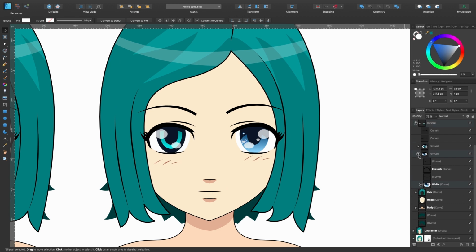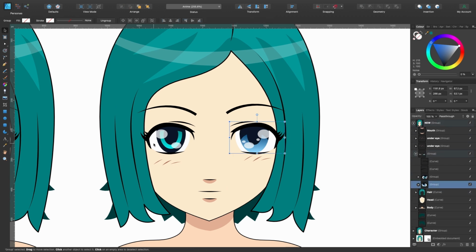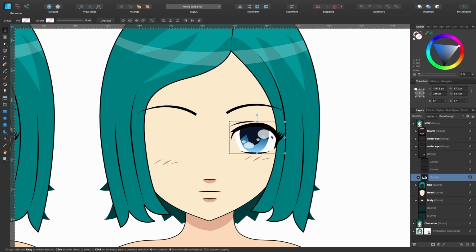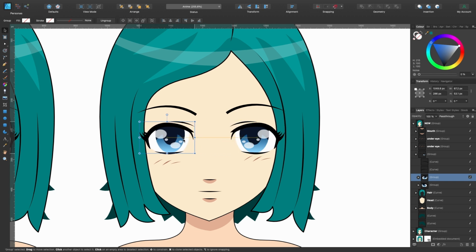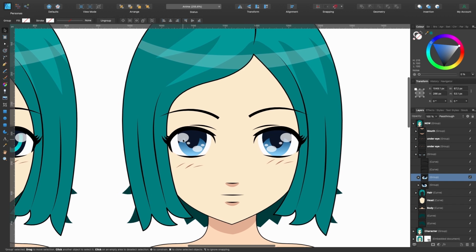And obviously we just have to duplicate that and chuck it over here. So I'm going to delete this eye here, and it's reverted back to our eye that we were working on before. So just press Command J and flip it around. Go up to transform and press flip horizontal. Now we'll press on shift and click and drag over to wherever you think it should be. So somewhere like that works for me.